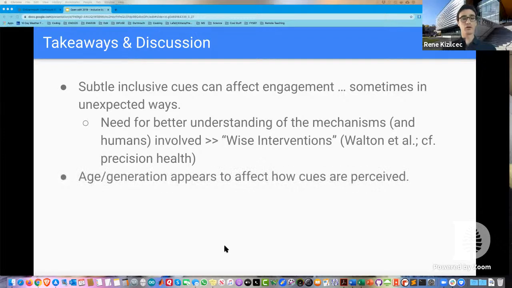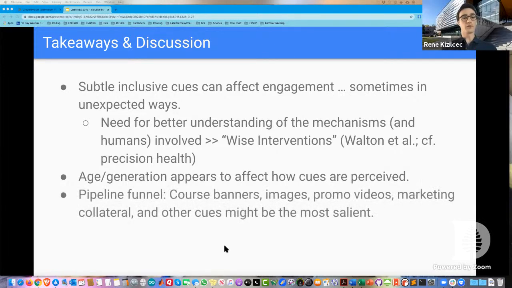We find some work on age and generational effects, right, which need to be explored more. There's very little work in the literature right now understanding the age-gender interaction, and so how that manifests for choosing the right cues for encouraging persistence is important. We also see the importance of this pipeline, right, that I showed you from one step to the next, and so choosing what course banners, images, promotional collateral to put on there can have a big impact on who makes it through the course. Finally,